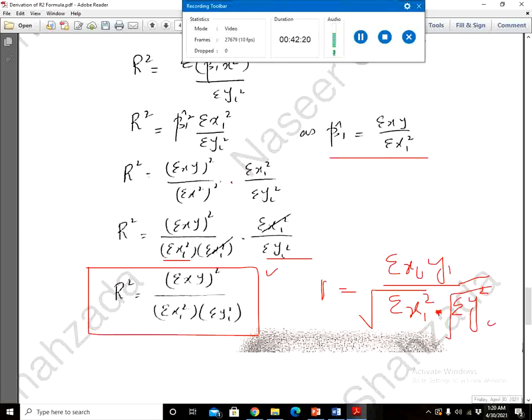This was the formula of r, that is the simple correlation coefficient, and we see that the formula that we have derived is the square of the r, and of course it is R square. If we square this r, then this will become summation xi yi whole square, and this will become summation xi square and summation yi square, and there is a resemblance between the formula of r and R square. Now we explain this formula in detail in the light of what we have studied.